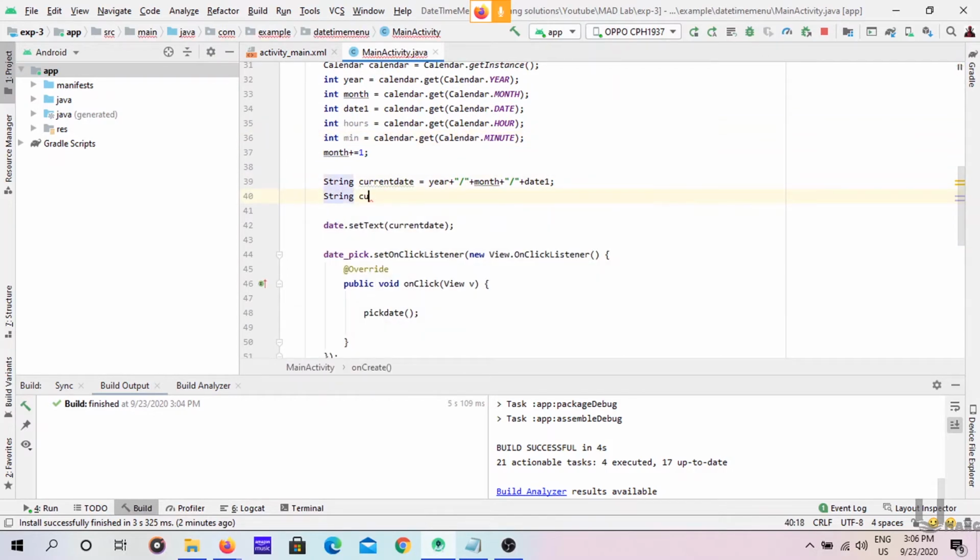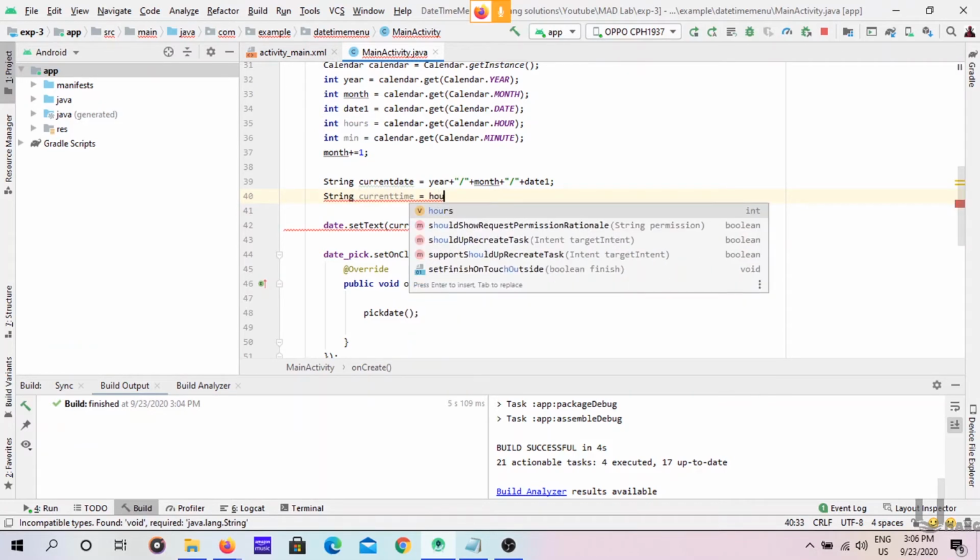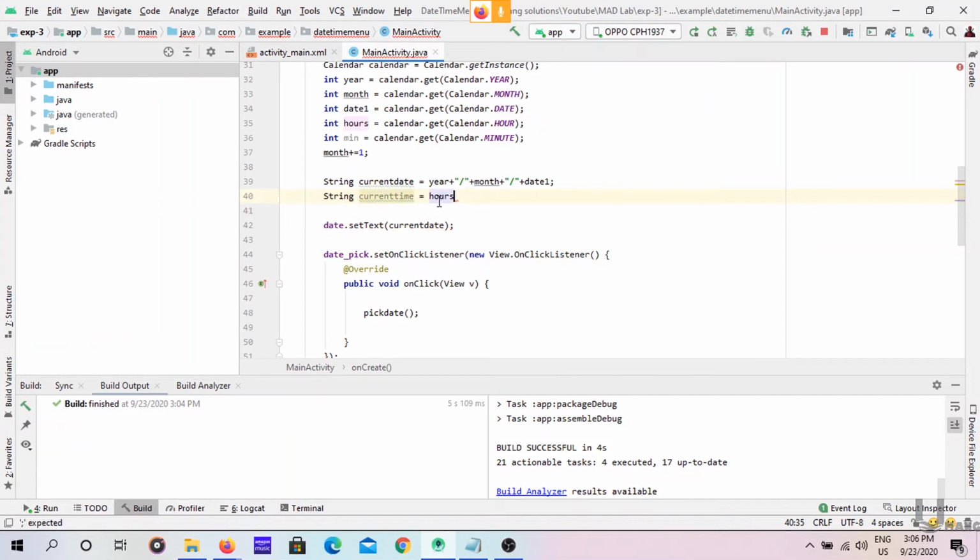It's very simple. Again, we will use the strings concept. String current time equal to hours. This is the variable; we are getting the hours here. Here I am using the variable, and colon plus minutes.